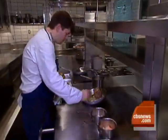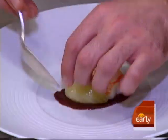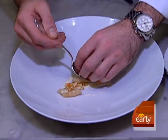The hottest ticket in New York isn't necessarily on Broadway. It's at the top restaurant Per Se, where chefs use science to create exciting and flavorful dishes. When it comes to playing with their food, the chefs at Per Se are among the most daring and innovative in their field. Experimenting with cooking methods from all over the world, Per Se has most recently focused on a